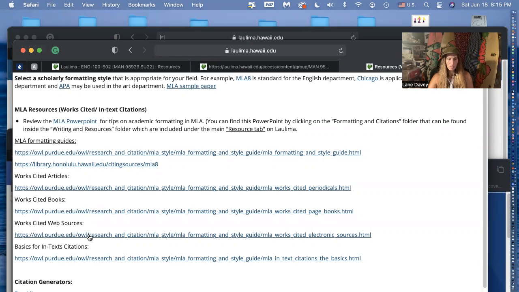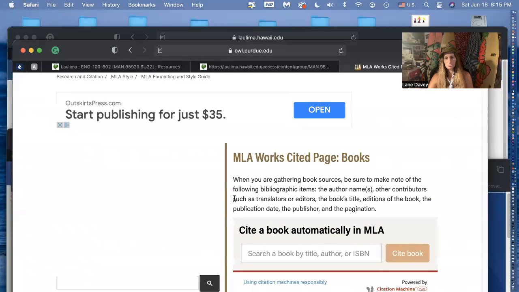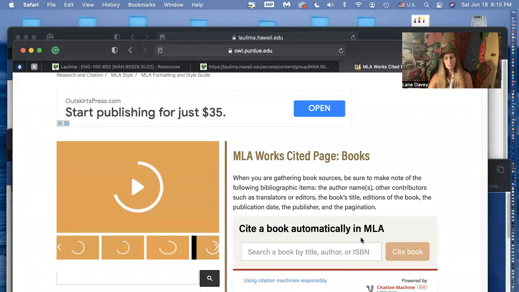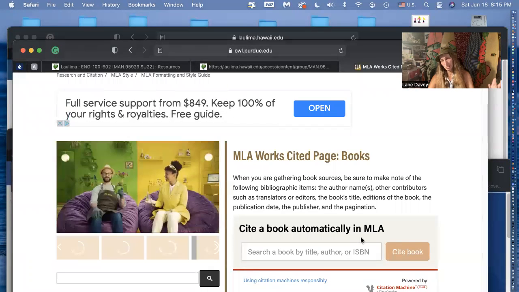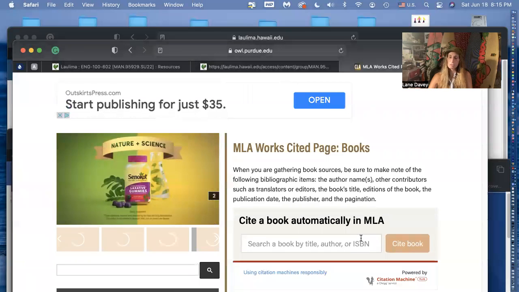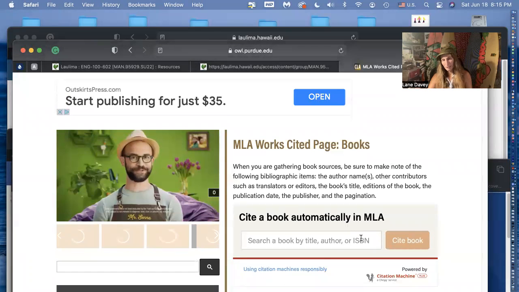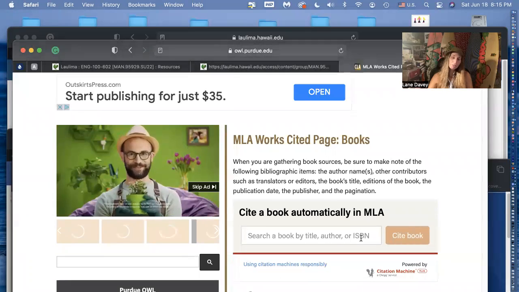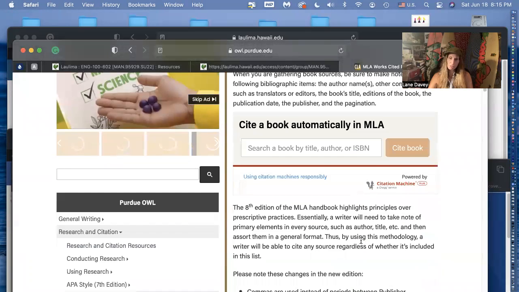You can just click on whatever one you want. Click on the book one right here. And just make sure you can use the generators. There's one here. If you use the library, you can type in any of your sources and it'll pull up a citation. Make sure you choose MLA 9 or the most recent of whatever academic style you're using.